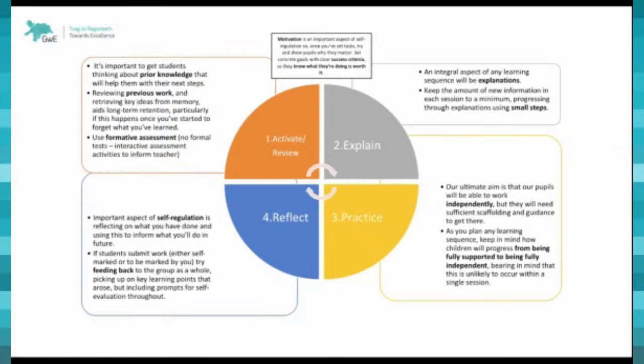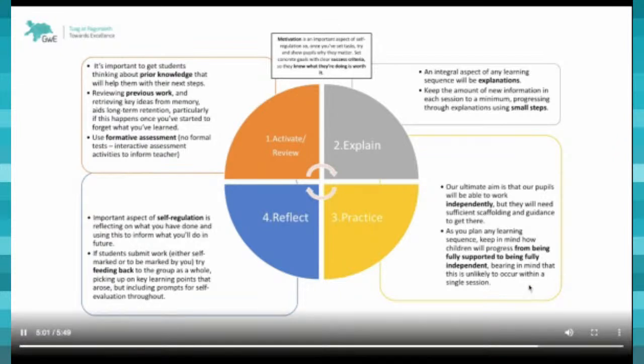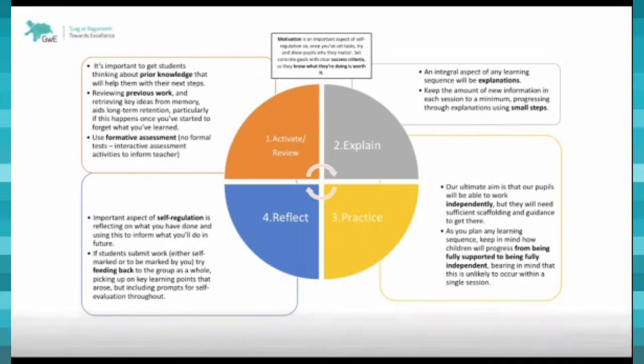The next step is to help the pupils reflect on what they have learned, either after they've completed each activity or when they return to school or when they share their work with you online. And then the final step is to review. Go back to the beginning and think about where their skill level is now and what they need to do next. You may need to repeat the cycle again by amending or increasing the challenge of the activities, or you may be able to move on to another area.